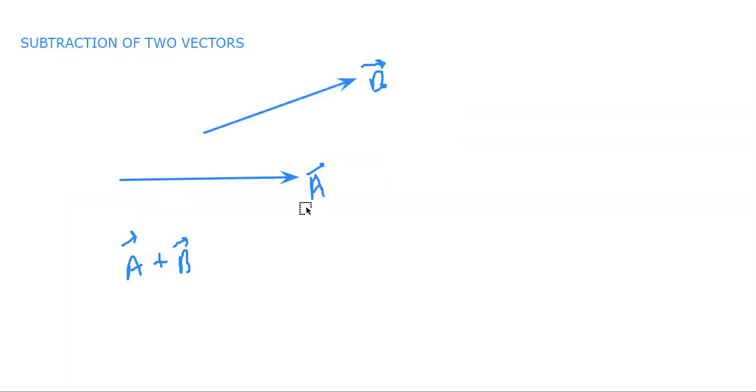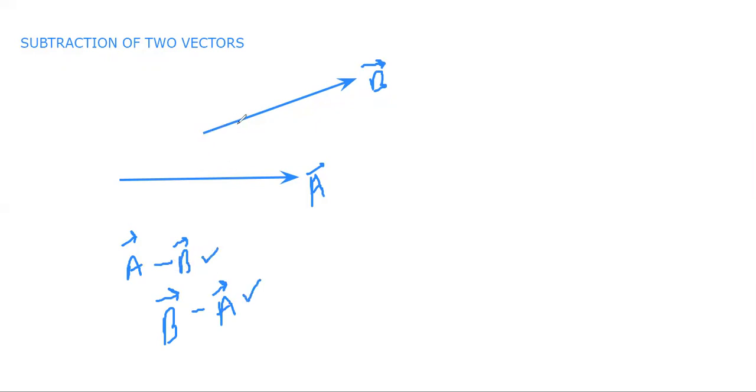Now suppose you want to subtract them, right? The question is not for adding them, but for subtracting them. So if you see, the negative sign is for b vector, right? a minus b and not b minus a. These questions would be different. a minus b and b minus a would be different. So first I'm going to solve a minus b and then b minus a. See, the negative sign is for b vector.